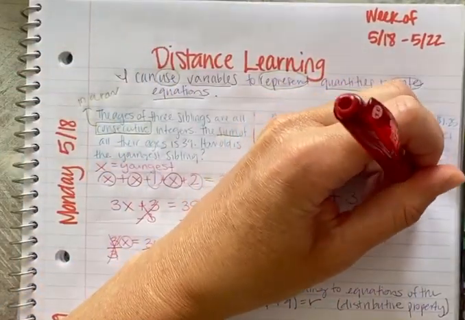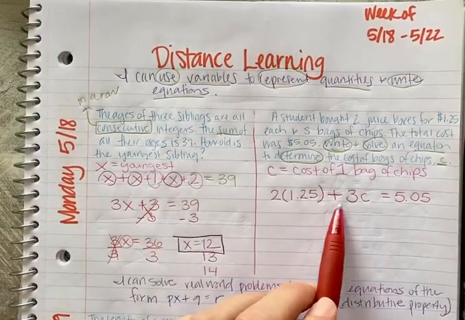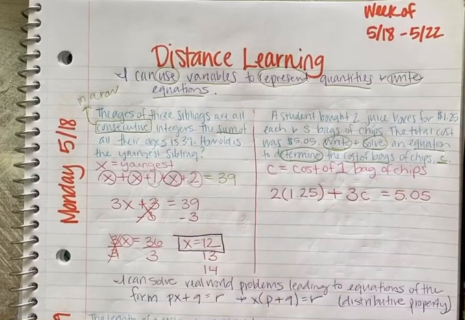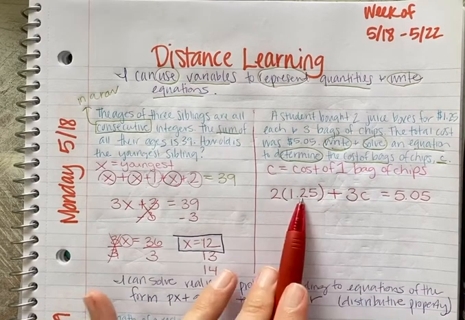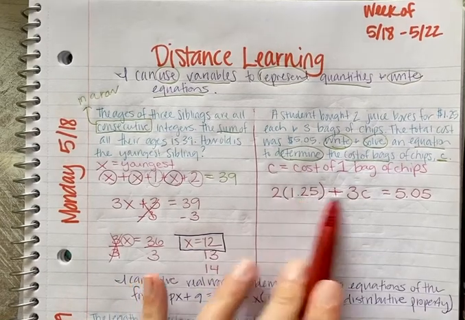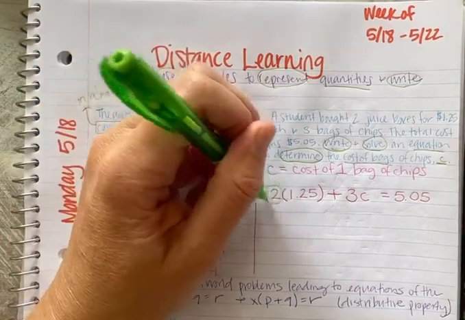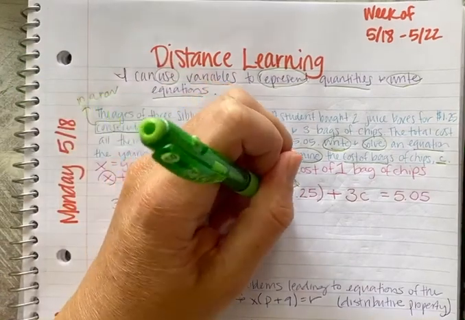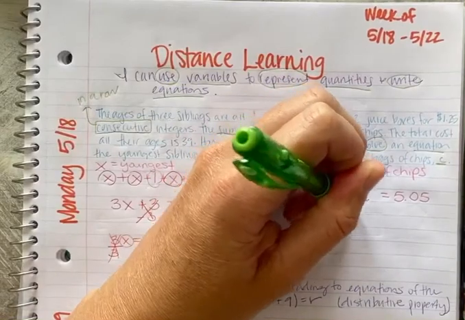So you can see how I wrote this equation: the juice boxes, 2 for $1.25, plus the 3 bags of chips, which we don't know, equals $5.05. So now I have a 2-step equation on my hands. The first thing I'm going to do is follow my order of operations. Parentheses, we just have a number there, no exponents, but I do have multiplication. So I'm going to be multiplying this 2 times $1.25, which comes out to $2.50 plus 3C equals